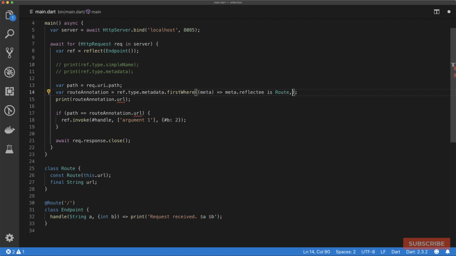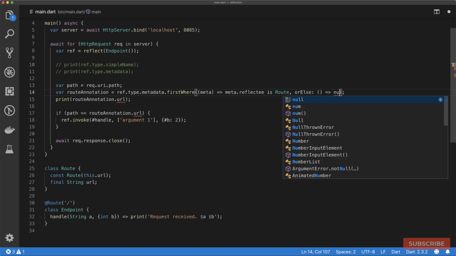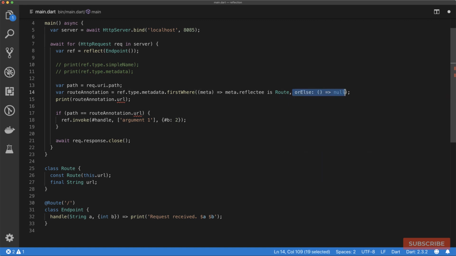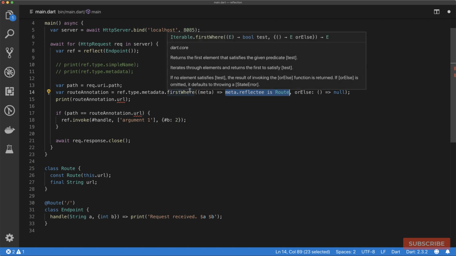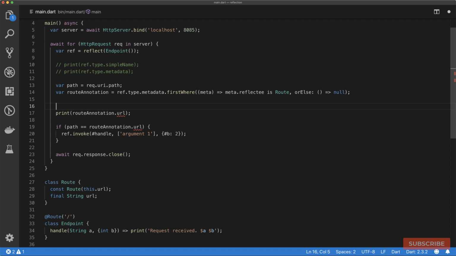And first_where takes in a second argument, which is a named argument, or else we want to return null. The reason why we do this is that if nothing is found, then an exception will get thrown, a bad state error. So to protect ourselves, we just do that, which means afterwards, we can do if route annotation